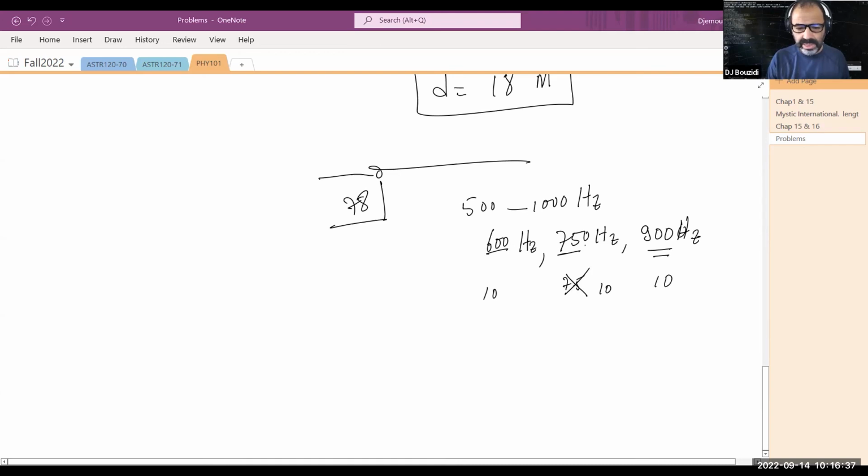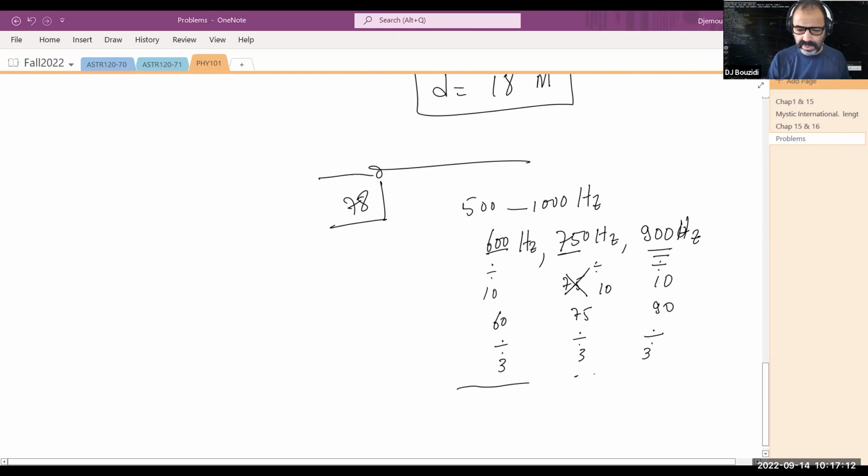This will give me 60, this will give me 75, and this will give me 90. If I do the divisions on all three numbers, I find 60 here, 75 here, and 90 here. These numbers can be divided by 3 easily. The reason is that 6 is a multiple of 3, 7 and 5 add up to 12, which is a multiple of 3, so I know it can be divided, and 9 is a multiple of 3. The 0 doesn't count in this case. So I divide each by 3,